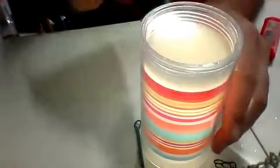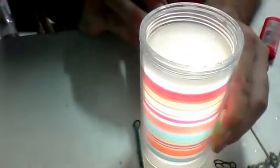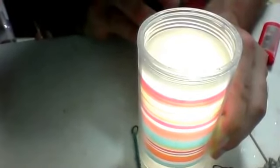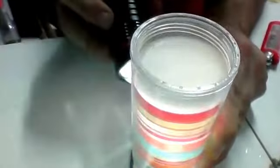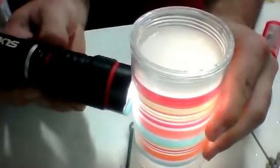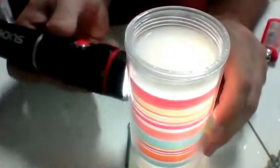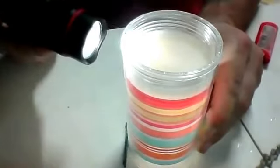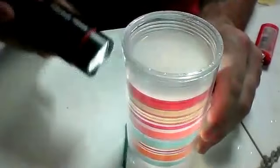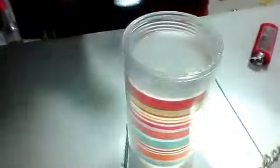So we're gonna let this settle. I don't know if you can see it, but it's pretty thick. That's all GANs that's in there, and if you can see through the container, you'll be able to see that it has made giant flakes inside of here, and they're all condensing towards the top and floating on top. Okay, that's the removal of the salt. And just stirring it up